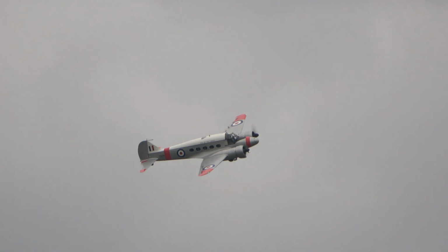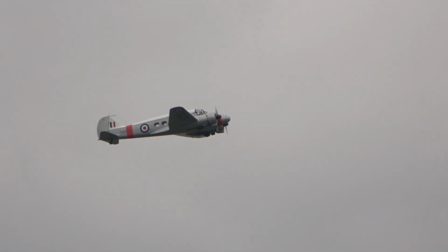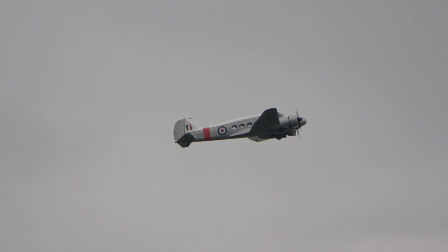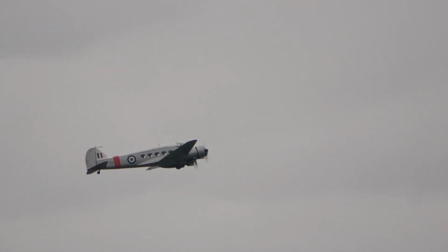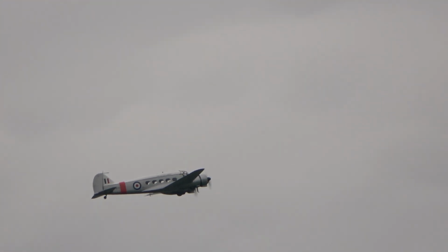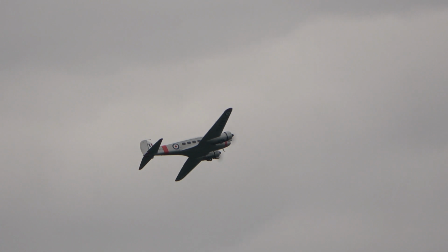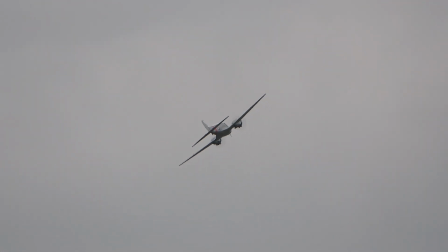A rather more potent demonstration of the Anson's capabilities as a warplane occurred on the 1st of June 1940. Again, Number 500 Squadron of the RAF was involved. A section of 3 Ansons, led by Pilot Officer Pete Peters, was patrolling the beaches of Dunkirk, the aim being to reassure the remaining troops on those beaches that there was still air cover on hand, when the Ansons were